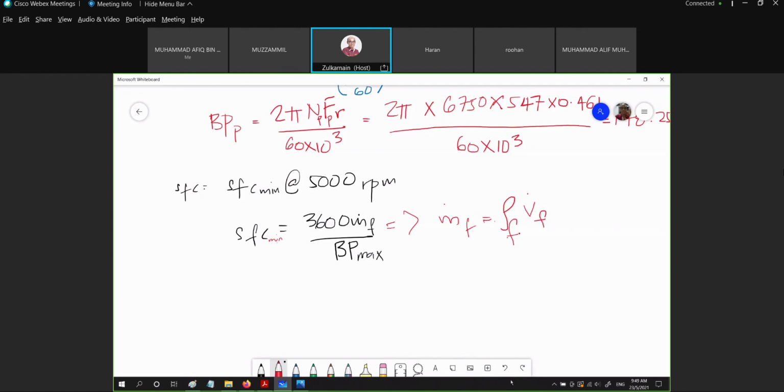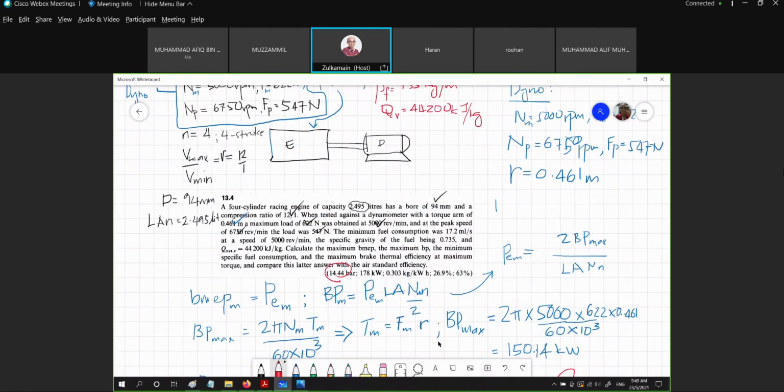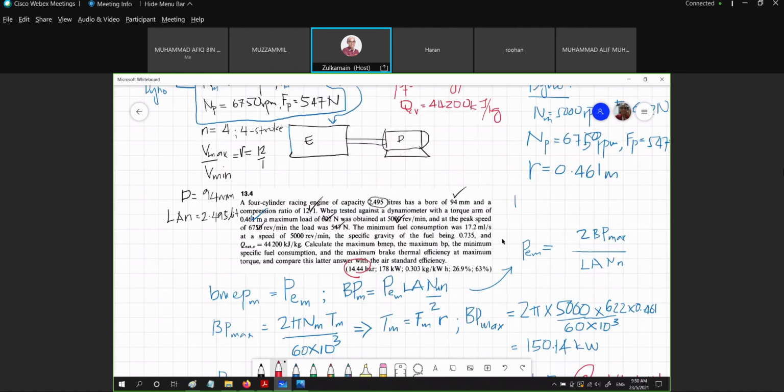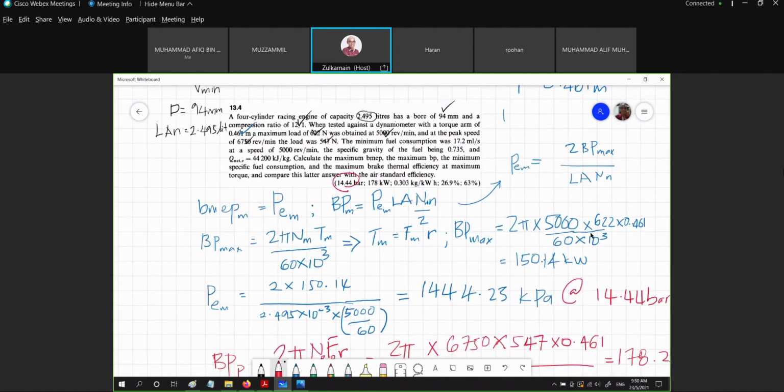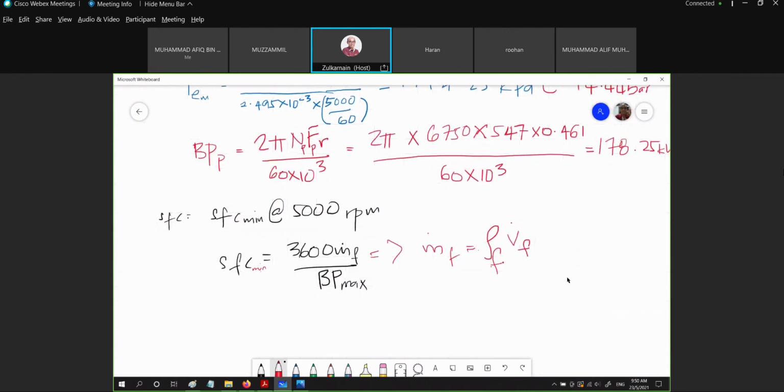Kita punya V dot f tadi, kita dapati pada 5,000 is given as 17.5 milliliter per second. So you have to convert that in terms of kilogram per second. So I think kita akan continue nantilah this question. Maybe you guys can have a try and to finish it off,